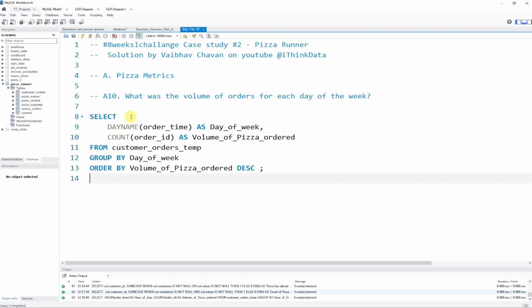Okay, so here I have written this query. I am using this day name function to get the name of the day from this order time column as the day of the week, and also I am counting the order IDs as the order count, or you can say the volume of pizzas ordered, and all the details are in the customer orders temporary table. So we are using this customer orders temporary table and grouping by the day of the week, and ordering by the pizza orders in descending order. Let me run,